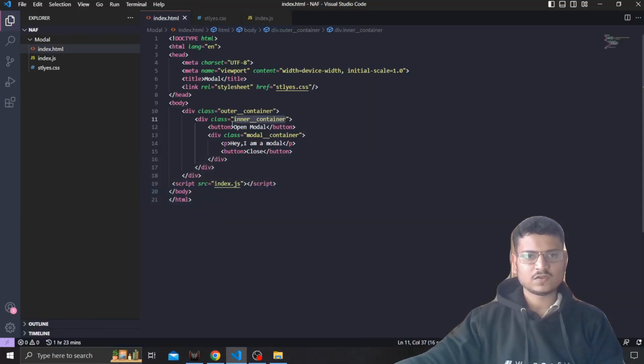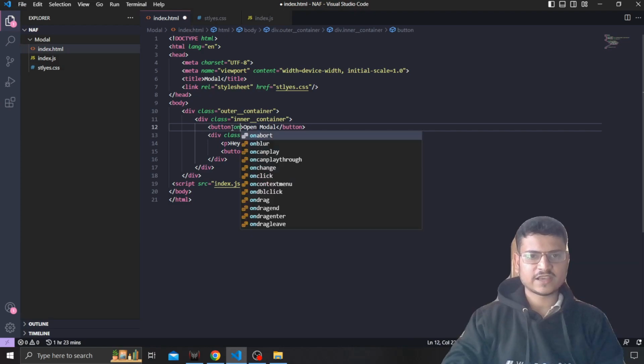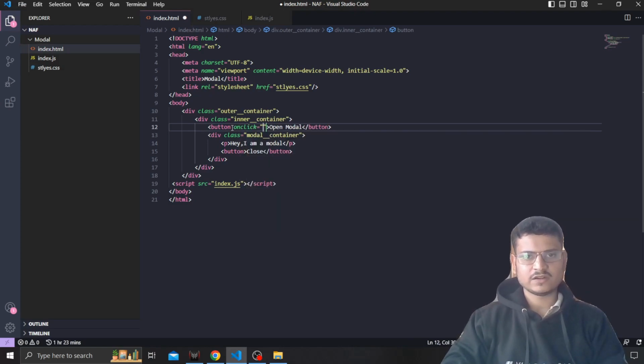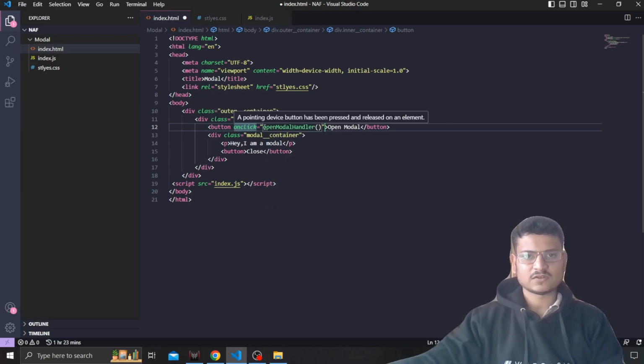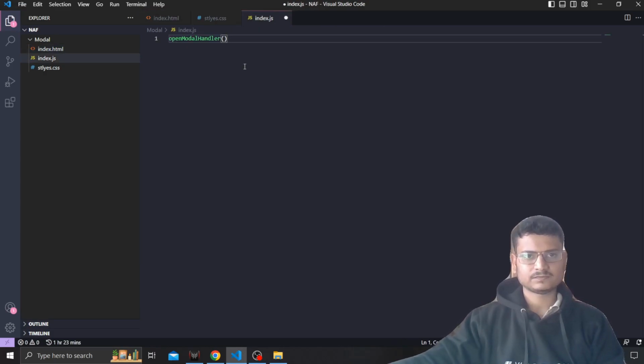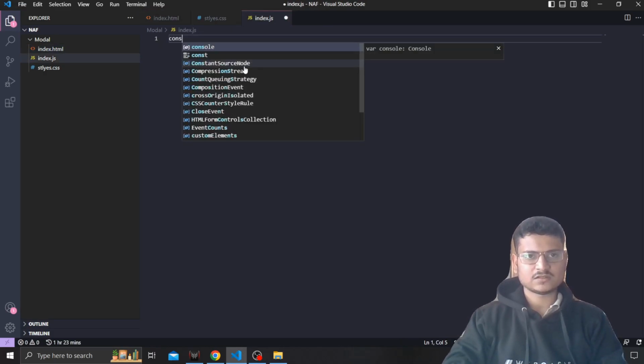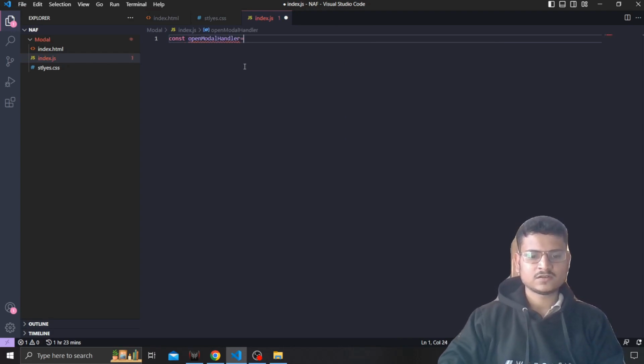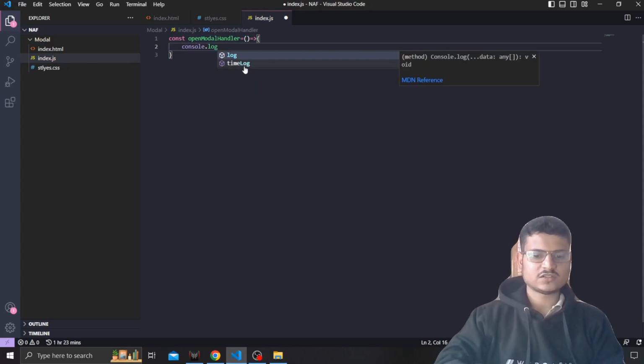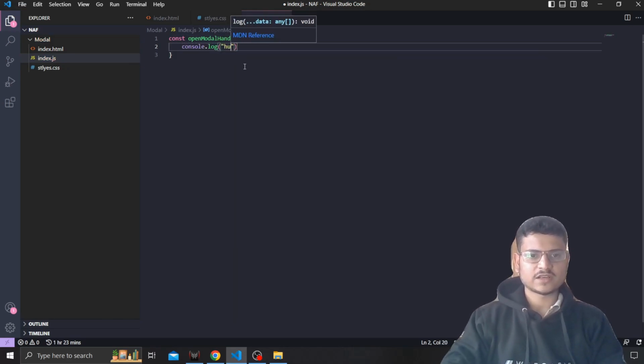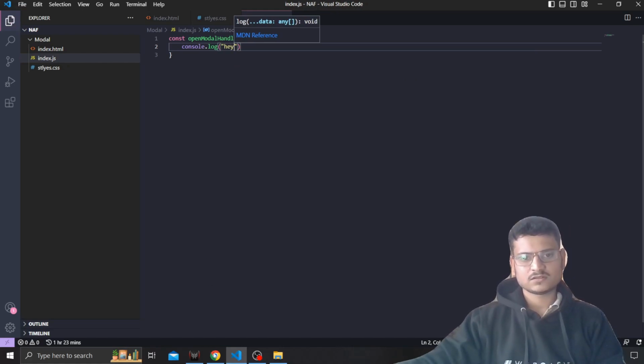Got it. So we'll now attach one click handler which will trigger whenever we click on that button. So, open modal handler. Now just define this function in the index.js file. Okay, first modal handler. We will make an arrow function just to check whether our function is working or not. We'll just console.log it. Alright,